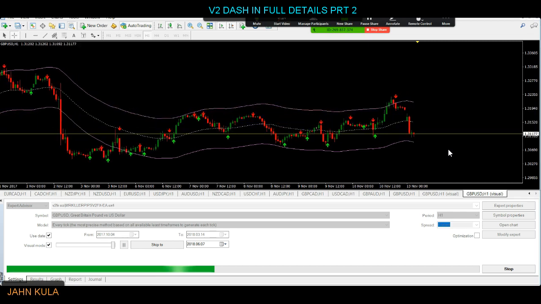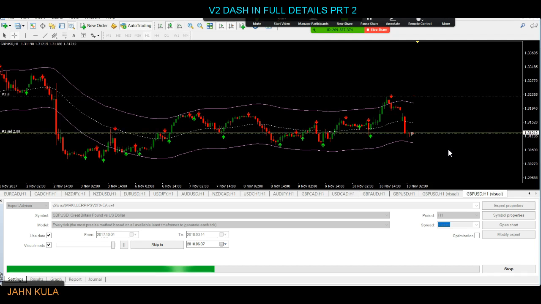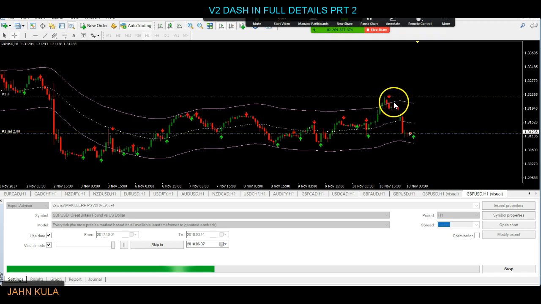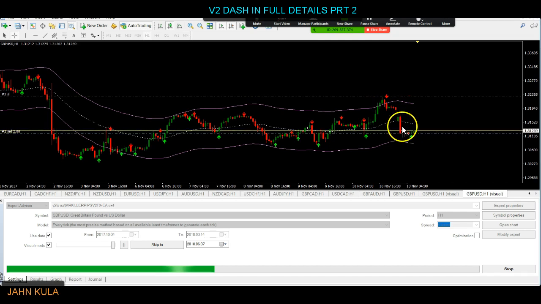Have a look at this one. That's a good M signal there, and you know why? Because the price closed above. The price went above and closed and opened above. And have a look, the price